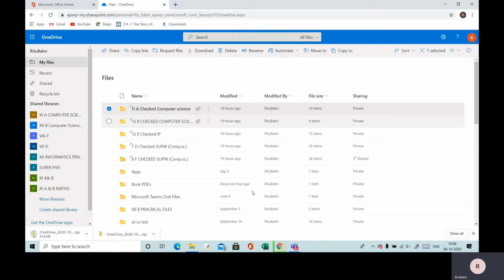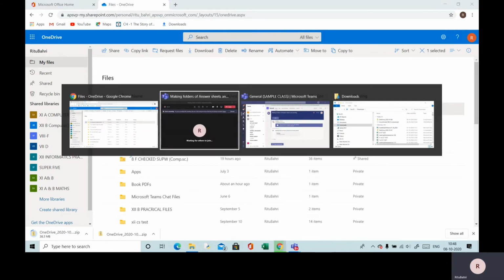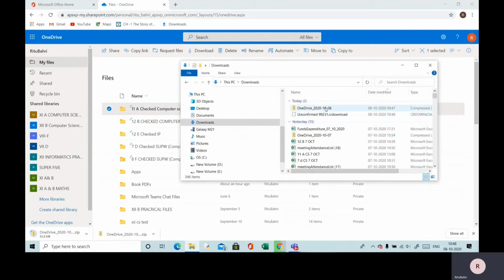To show you, I will just open the downloads folder of my laptop, and here you see that this folder is being created. Right now the downloading is going on. Here you can see in the bottom left corner the downloading is going on since it has many files. 30 students' answer sheets are there in that folder, so it is taking a little time. Once it completes, this folder will get shown to us. So we'll wait till the folder is completely downloaded. The zip folder is being created automatically.